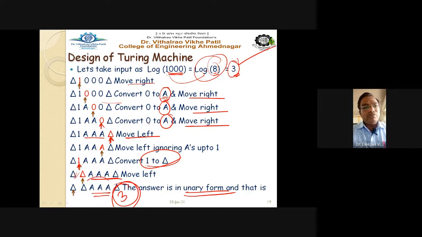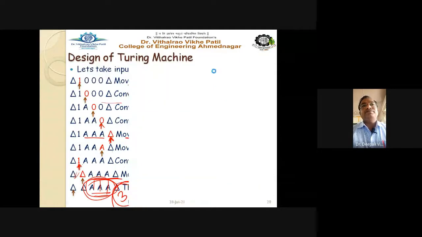In between, count the capital A's, because they are in unary format: 1, 2, 3. So definitely the answer is 3. This is the way to construct the logarithmic Turing machine to calculate the log.